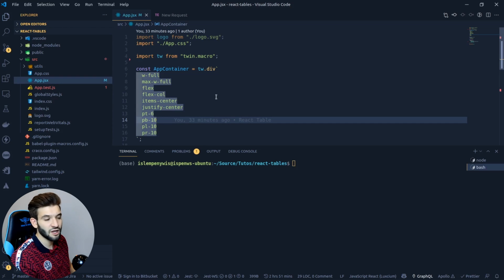So if you want to use Tailwind as I do, I'm not going to cover that. You can Google how to use CRA or create React app with Tailwind. You're going to find a lot of guides out there. It's pretty simple, so you can just look at it and figure it out. Okay, so I already did that. I'm going to use this in here with some components, and we can just go ahead and get started